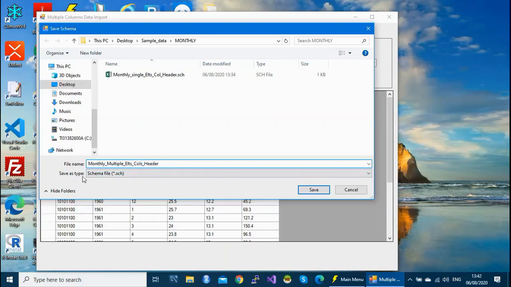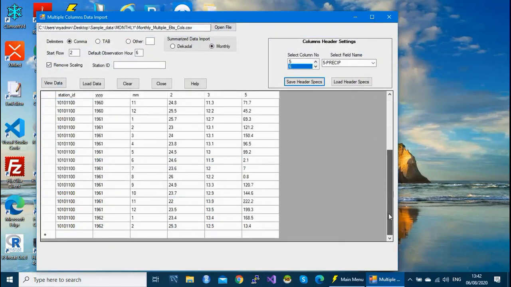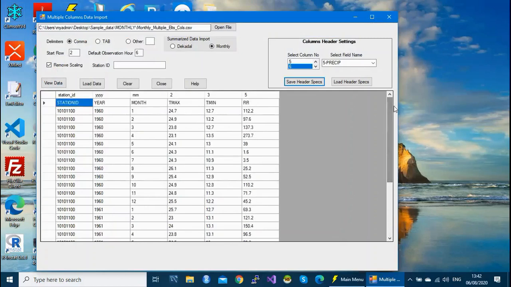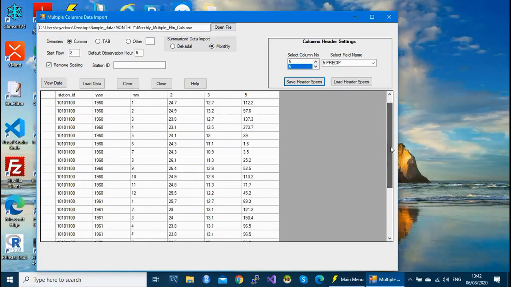Remember the extension is SCH, that means schema. You save in the same folder because you can reuse this as well. You can scroll down to check your data if they are in good shape. Remember, our data starts from 1960 up to 1970. Here we are just seeing a few data.